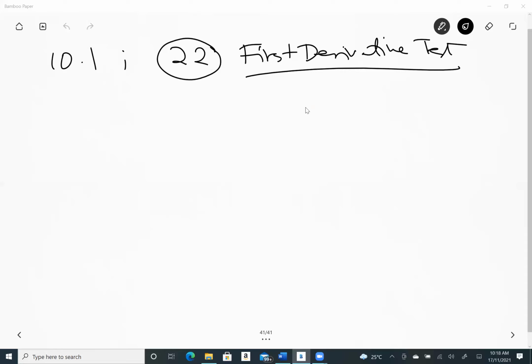The function is y equal to half x squared, and so on. So if you see the thing, that will be the